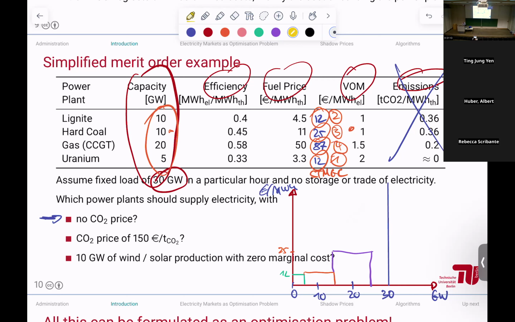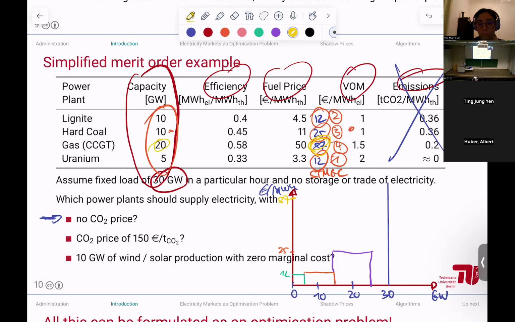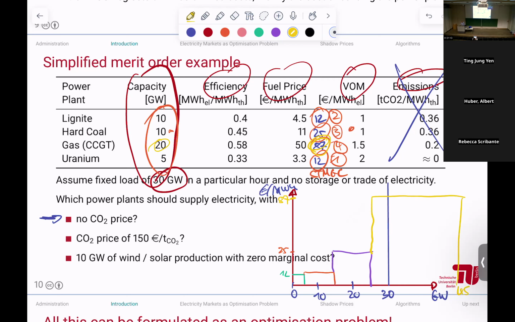And then at a cost of 87 and 20 gigawatts, we have the CCGT gas. So here we jump now to 87 and pretty far down up to 45, we would have the gas. Our market clearing price would now be just the intersection point here, 87 euros per megawatt hour at 30 gigawatts